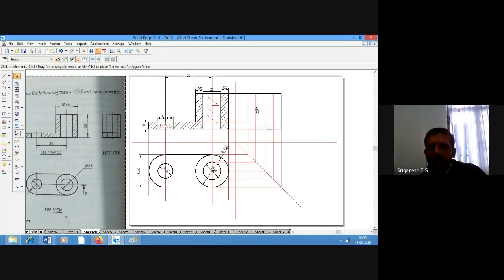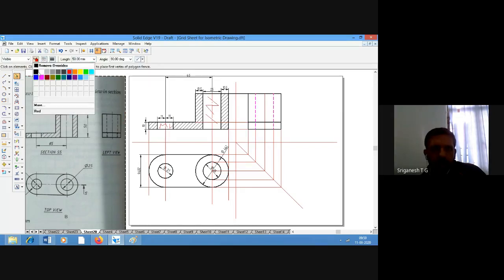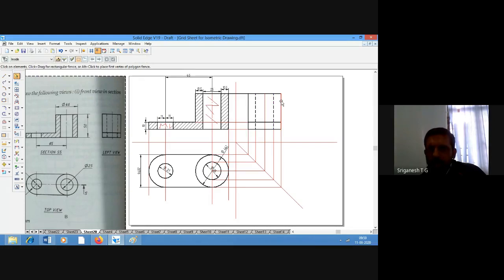And this particular portion will be a complete hole, so it will be a hidden line, with 0.5 thickness. What is this?